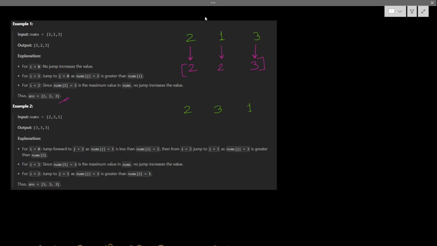2 3 1. So what can I do? I am at the second index position. I can jump to the 1 because this value is lower than my current index position. Actually, I can jump 2 3 1. And